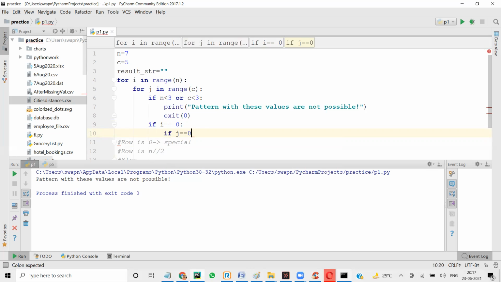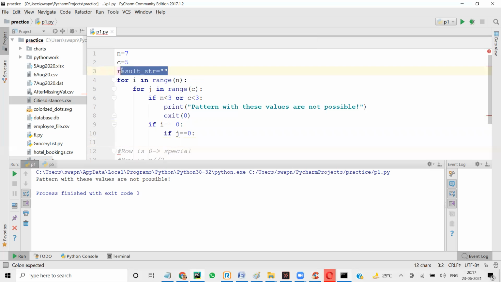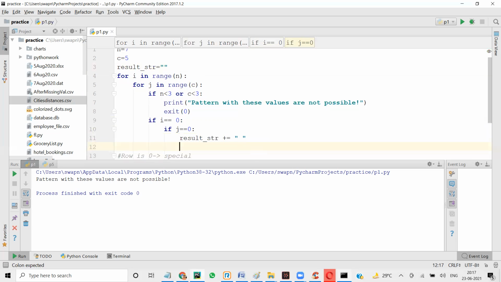Then we print, j means column only, so in the first position we print a space. So I'm going to say result_str plus equal to space.